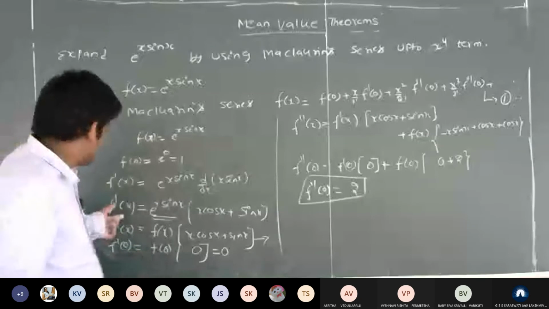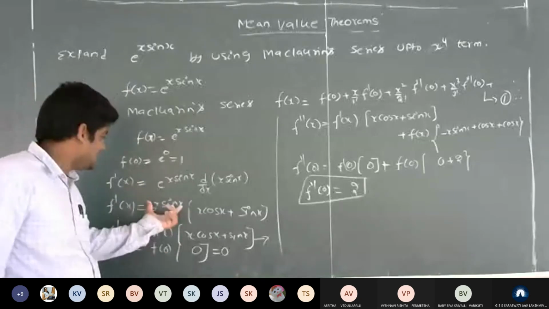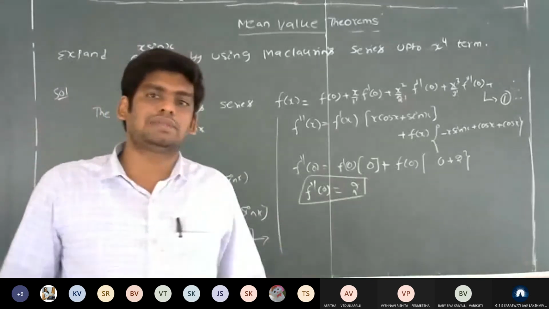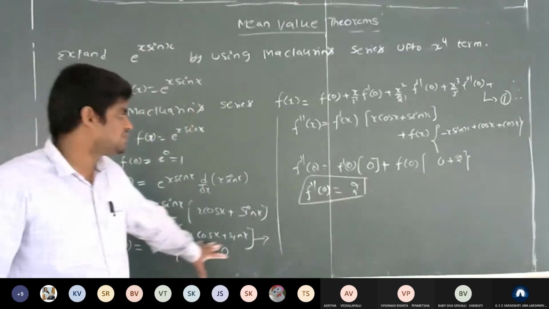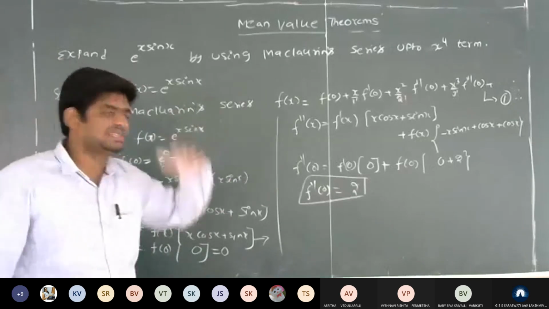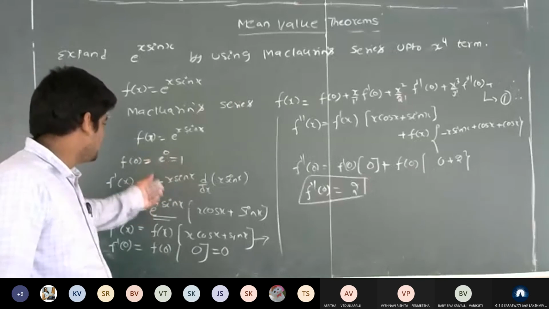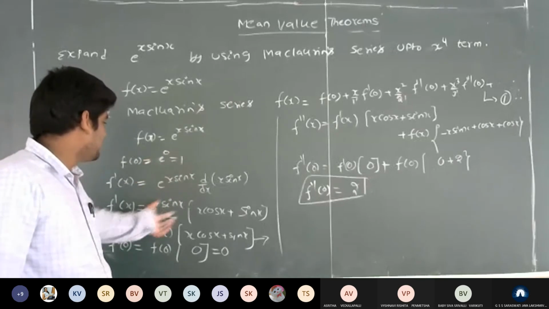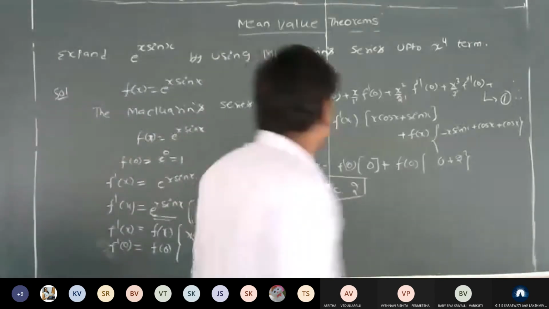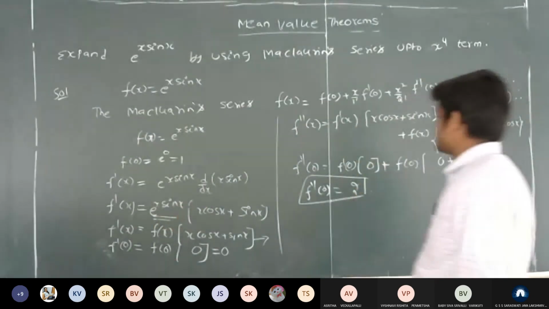So here the important observation is I am changing f dash of x in terms of f of x. Why? Because I am replacing e power x sin x by f of x. Why am I doing that? To make it simple, that is the only reason. Otherwise, if you want, you can simplify in a general manner. Because if you differentiate this term, automatically you will get the derivative again. So it is a lengthy one. So for our simplicity, I am taking f of x in place of e power x sin x.